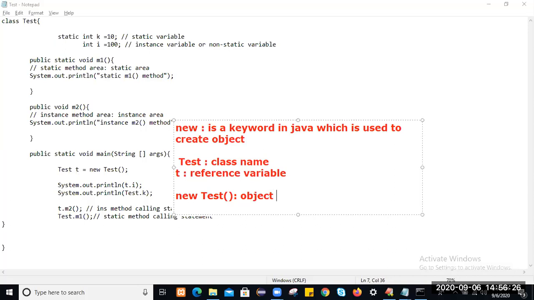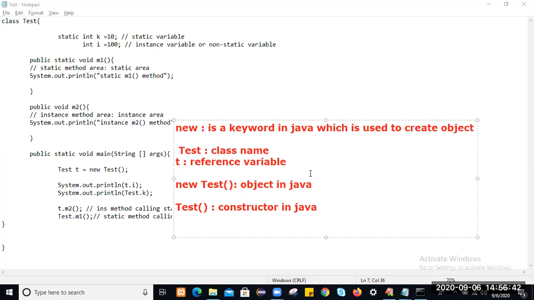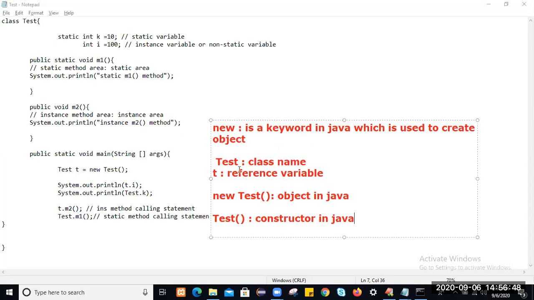This is called an object in Java. And this Test() part we will call the constructor part. This is called a constructor in Java. So actually we will see the constructor part in the constructor section. In constructor, you should know.